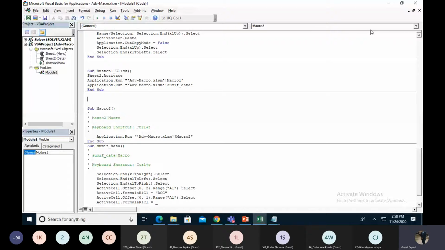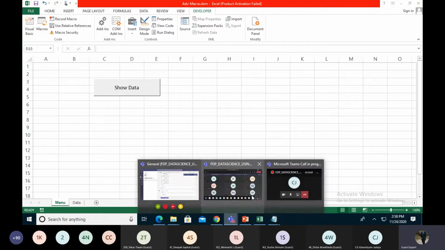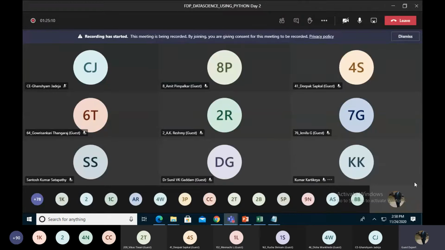Okay. So first of all, I save this file. And I hope you have done this task. Does anyone have questions for this? I will take another example for the macro, and then after that we do another task. Hello, does anyone have any questions?